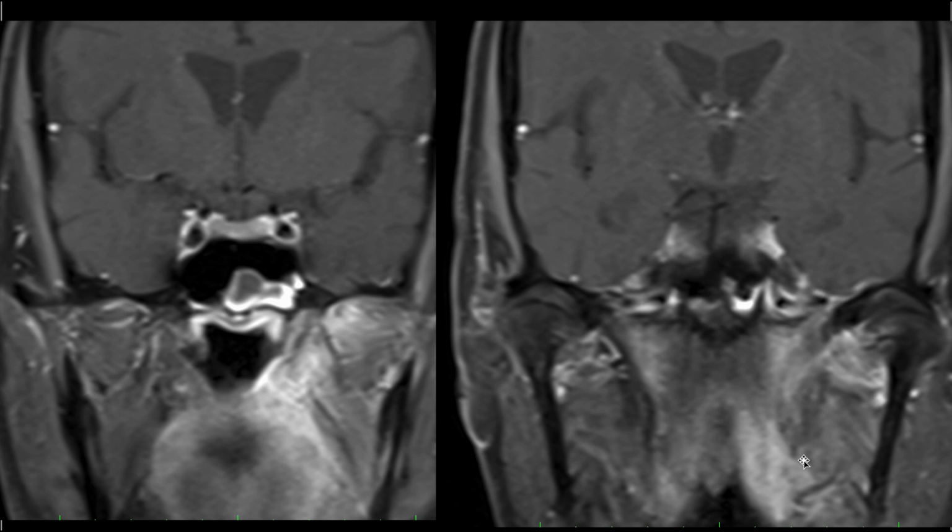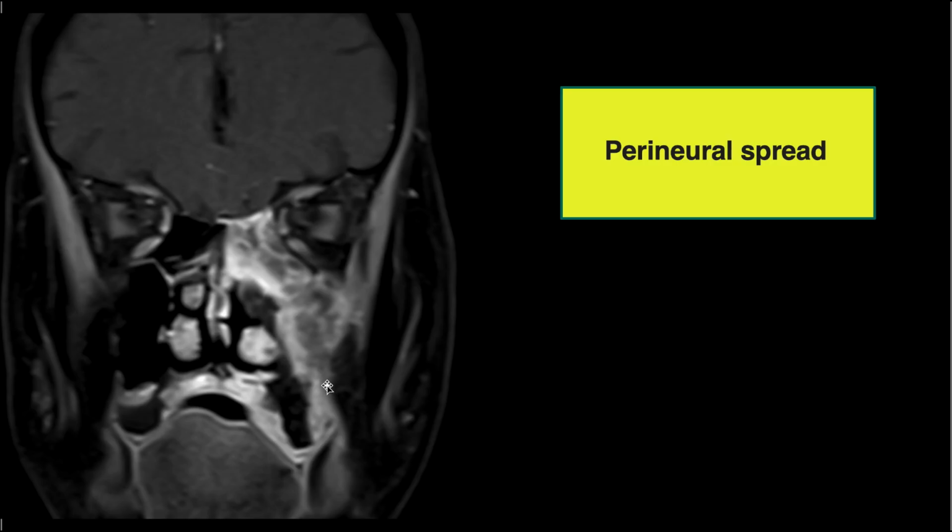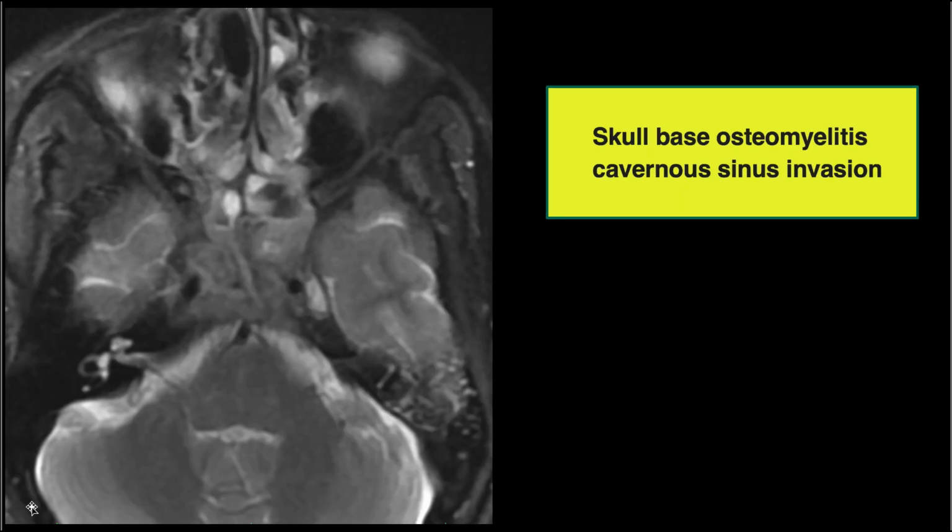So the alarming red flag signs which you should look for in cases of mucormycosis are, number one, look for the perineural spread. There will be perinantral extension of the mucormycosis from the maxillary sinus into the pterygopalatine fossa, and it can extend all the way into the cavernous sinus through the perineural spread. So the first red flag sign is looking for the perineural spread, which can reach the cavernous sinus and cause catastrophic CNS complications.